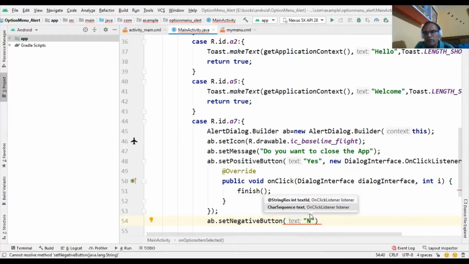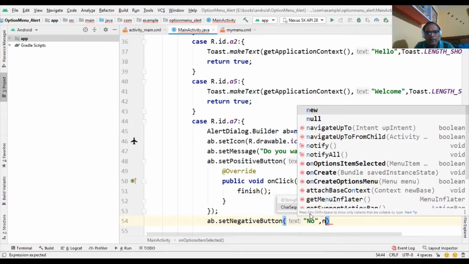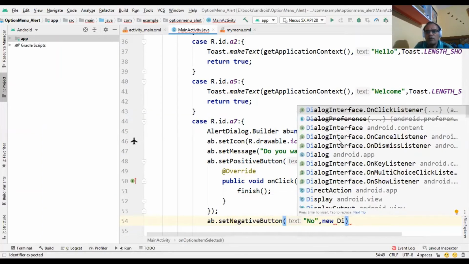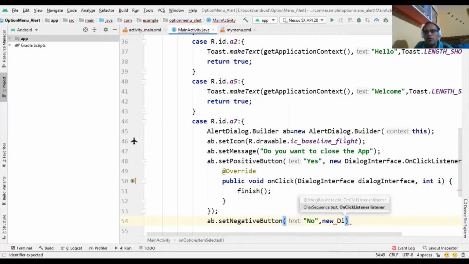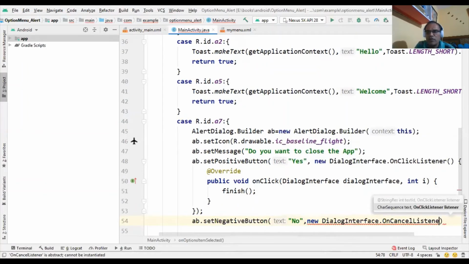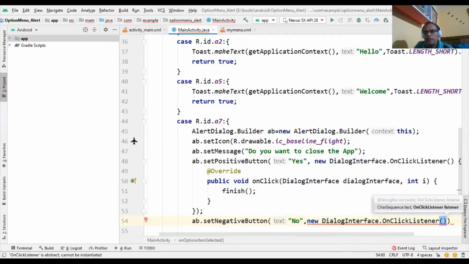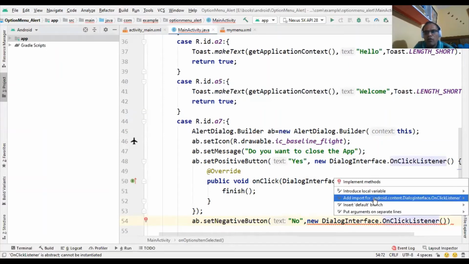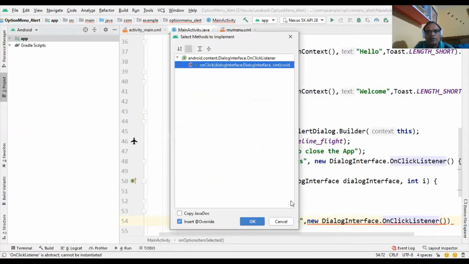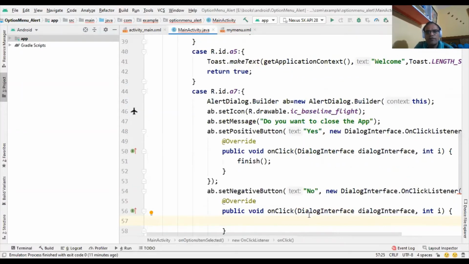Second, we write the no button; this is the name of the button, no. So first the yes button, second the no button, and again the same new DialogInterface.OnClickListener, and that again contains the onClick method.